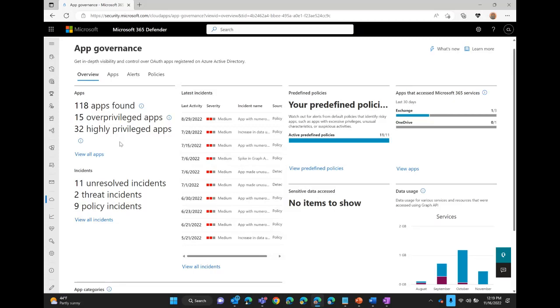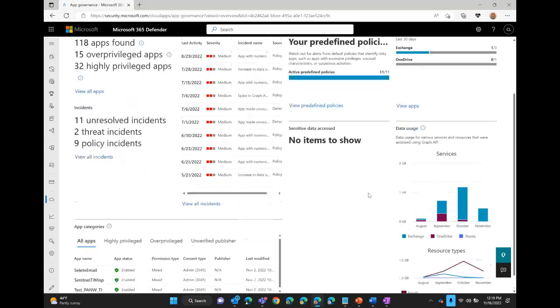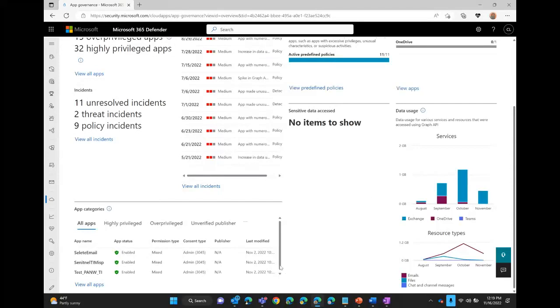If we scroll down to the app categories, there are also additional categories of riskier apps that we can see here, such as unverified publisher. And then if we click on the three dots, we also have other categories like apps with app-only permissions and new apps. And then you can slice and dice your data and look at those populations of apps as well, specifically. Scrolling back up,